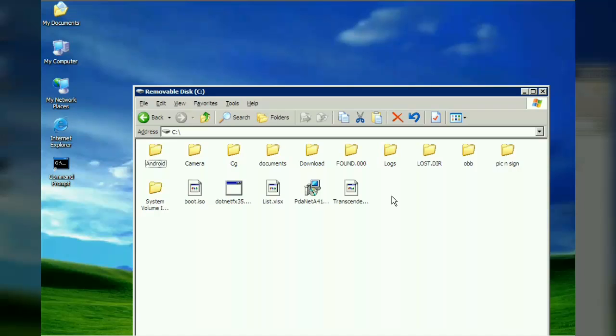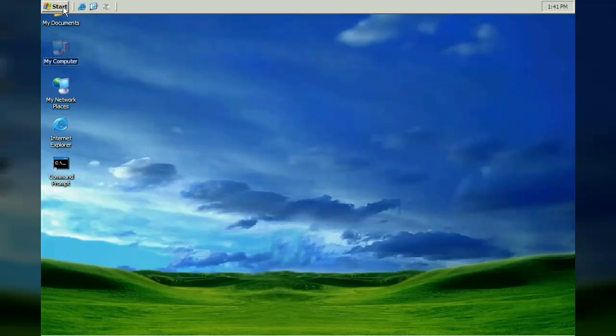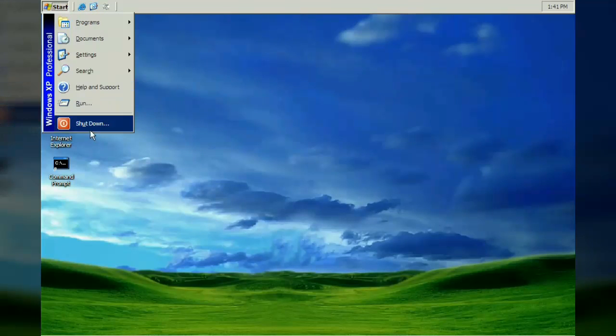If your data is more and cannot fit on a single USB drive, you can attach an external hard disk drive or SSD drive. Once you have finished copying the data, simply remove the USB drive and shut down the system by going to Start and choosing Shut Down.